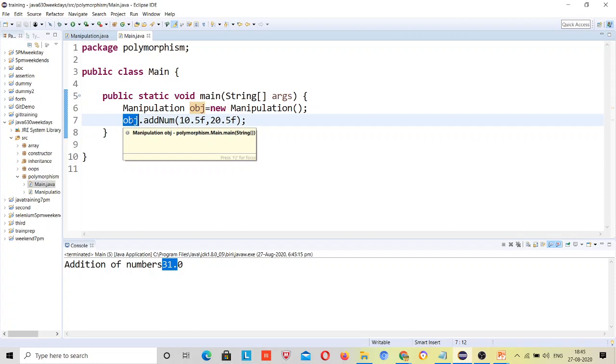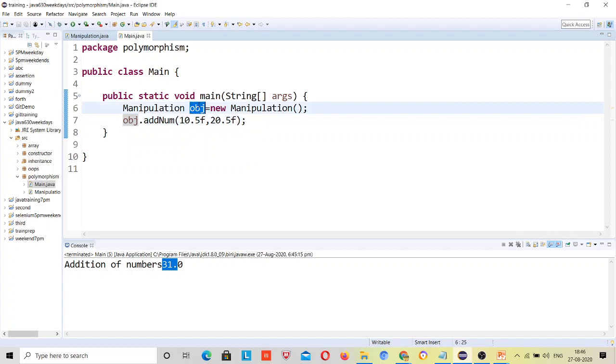If I have passed floating values, it is adding floating numbers. If I have passed integer values, then it is adding integer numbers. If I pass three integer values, then it is adding three integer numbers. So based on the requirement, the object is behaving. The same object obj is there but behaving differently.